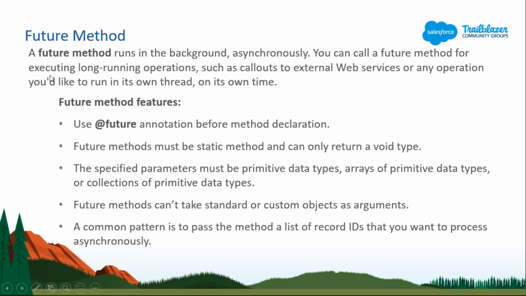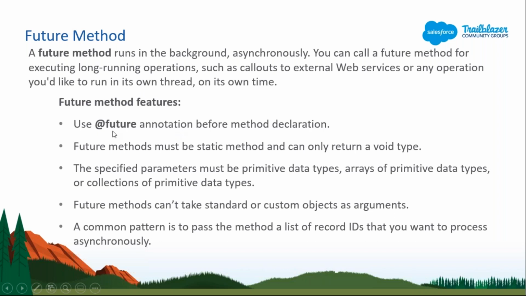So in that scenario, if we want to work with other things, what we do is use this future method, and it will go in the background and perform that action, and we can do whatever we want in front of us. It will not be visible, and we can't monitor that. If there is any issue or error, it will throw an error and we can see it in the debug log, but we can't monitor that.